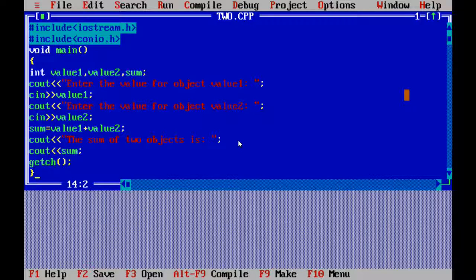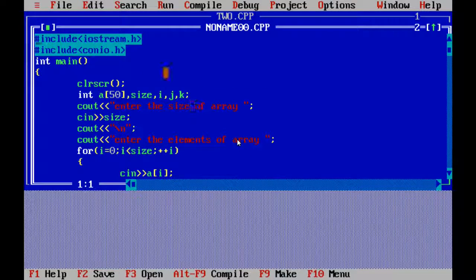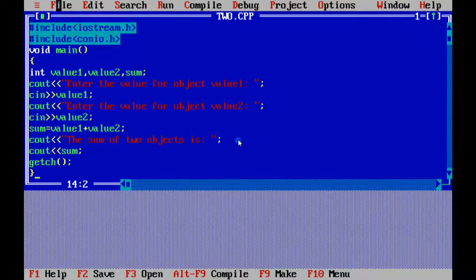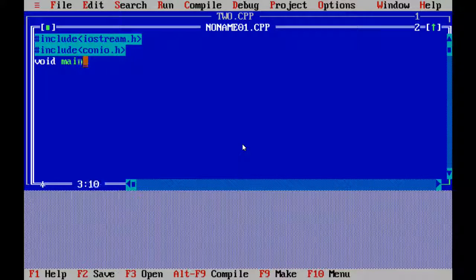To calculate the sum of two numbers, we will now use cascading. We implement the same program by using a new project. We will create a new project now by clicking on file and then on new. We will type the same program: #include iostream.h and then #include conio.h, both the header files. Here I am typing. Now void main, opening of curly brace,